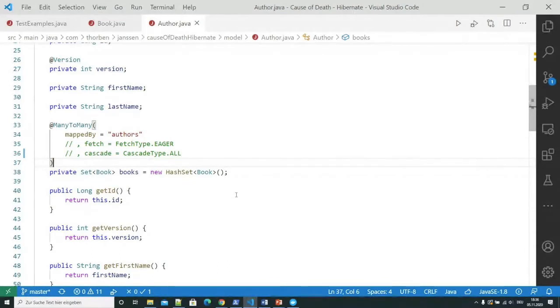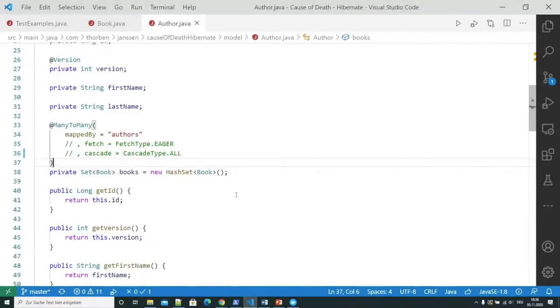Most likely, you will have a few situations in your application, probably most of them, in which you don't need to get the books in a specific order when you initialize the list of books for an author. So because of that, I would not recommend to add that ordering to the entity mapping.